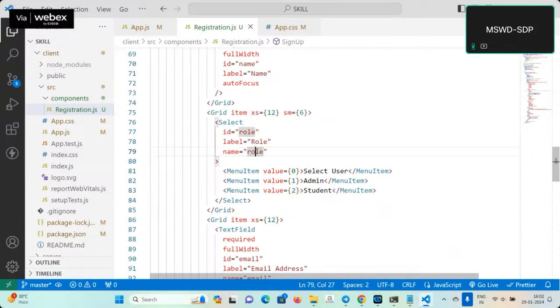Role is like a variable and the values are dynamic. Whatever you are selecting will be assigned to role. Understood? So now